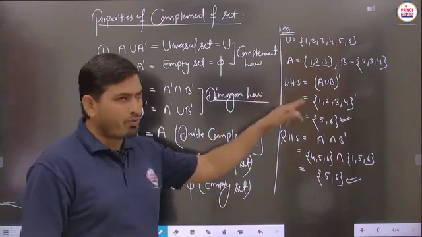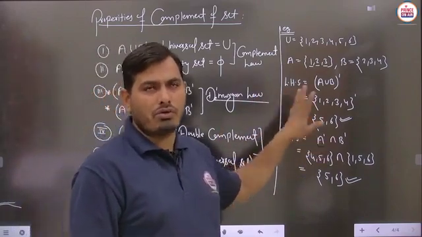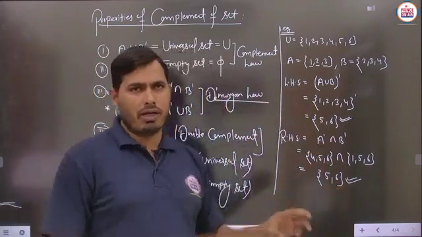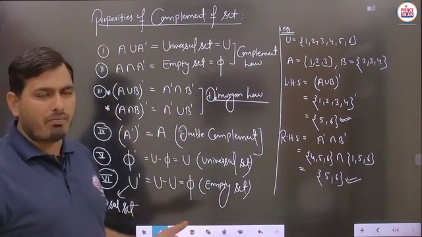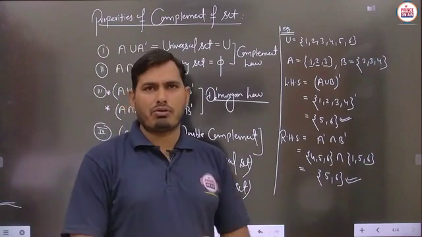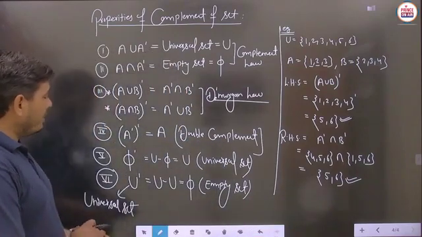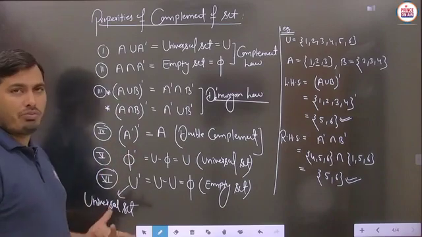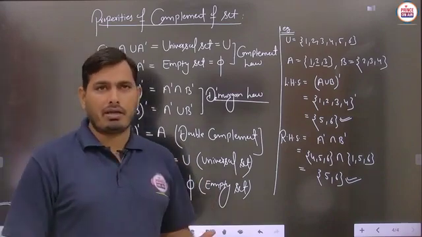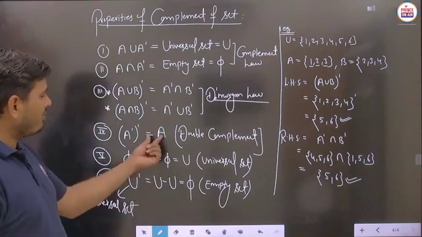And you can see the proof of these De Morgan's laws here also. One of the proofs is to be solved here; another you can just simplify by using the same kind of examples, or you can take different examples also, there should be no problem. Next is the double complement: for any set A, if we take the complement two times, then again we will get the same set A.